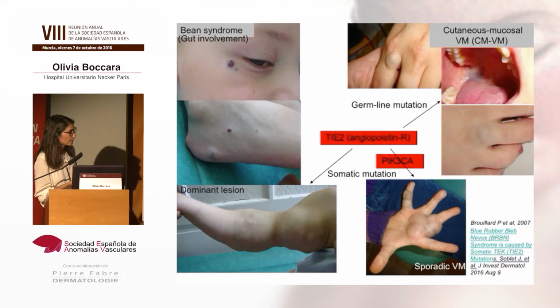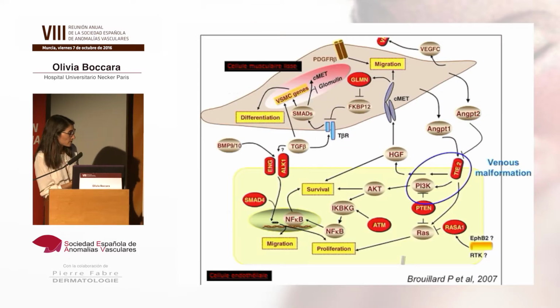Which is interesting, and Juan Carlos already told us, is that a subset of sporadic venous malformations were not found to be related to TIE2 mutation, and actually this subset is related to PIK3CA mutation, which is just downstream of TIE2 on the signaling pathway, and this is quite understandable that these two genes can lead to almost